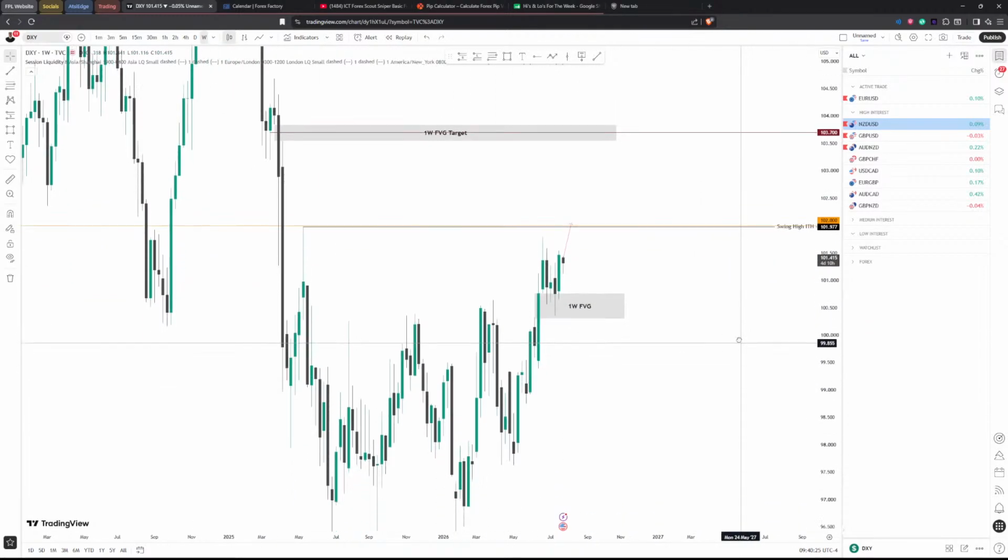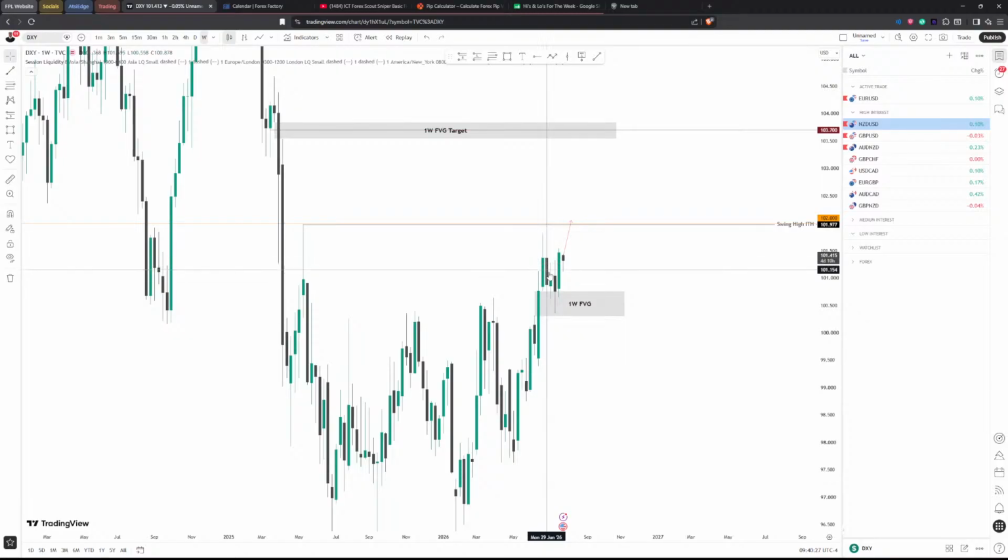And on top of that, we have this weekly bullish fair value gap, and we've come back to fill it already from the past couple of weeks. And we've created a swing low, sorry, in doing so. So we're now bullish up until this high, which is our target. So we have a target above us, and we have price action in our favor. We've rebalanced this fair value gap, filled most of it, created a swing low, which signifies the next candlestick would be a swing high. How do you know the next candlestick?